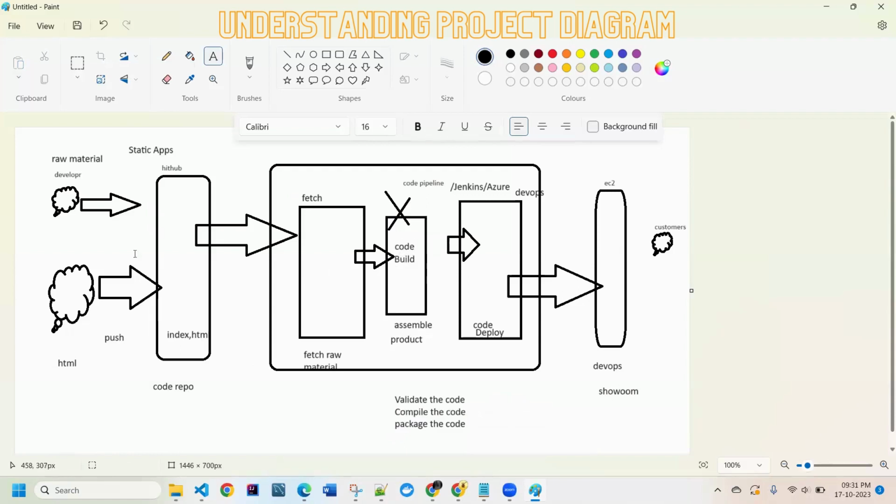But this project is also required for whom? Maybe UI developers. They are trying to develop something and then they want to push it to your EC2 machine so that they can show it to the business customers. Just the UI part.